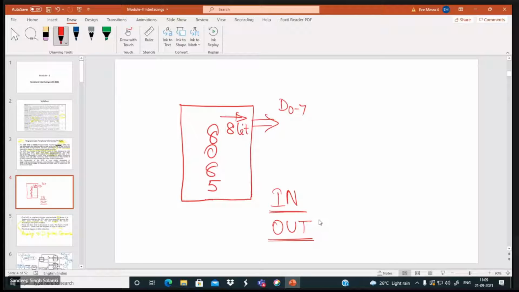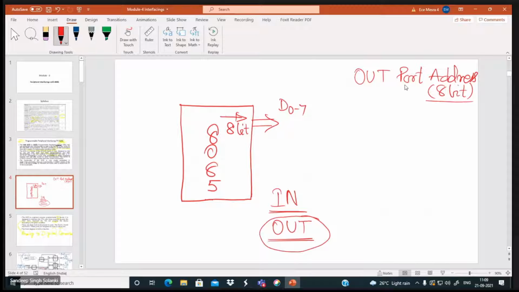You know the complete format of your OUT instruction. For the OUT instruction, the format is that you have to mention the port address. Okay, OUT, then port address, and this port address will be of 8 bits. So do you understand the meaning of this port address, first of all?